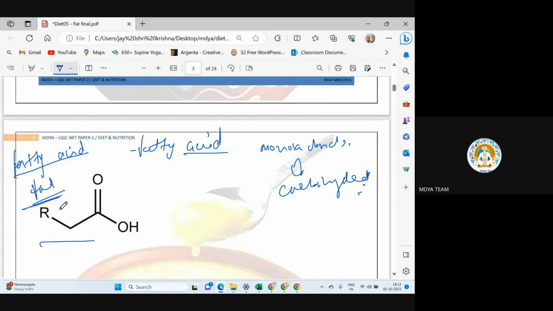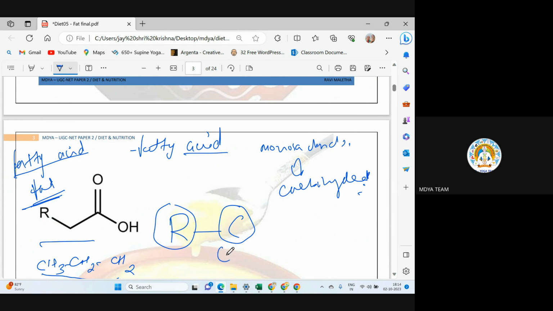So this is the basic structure of fatty acid. In this, there is a methyl group. As I already told you, the methyl group is a long chain of carbon. Different carbon atoms will be joined to each other, CH3, CH2, CH2. It may be a 3 carbon chain, it may be a 6 carbon chain, it may be a 100 carbon chain. So in this, R is the methyl group, meaning a carbon chain with hydrogen, and this R is joined with a carboxylic acid group.